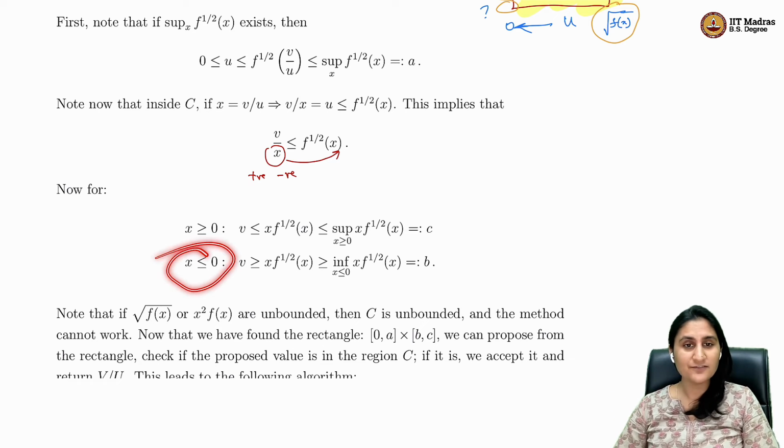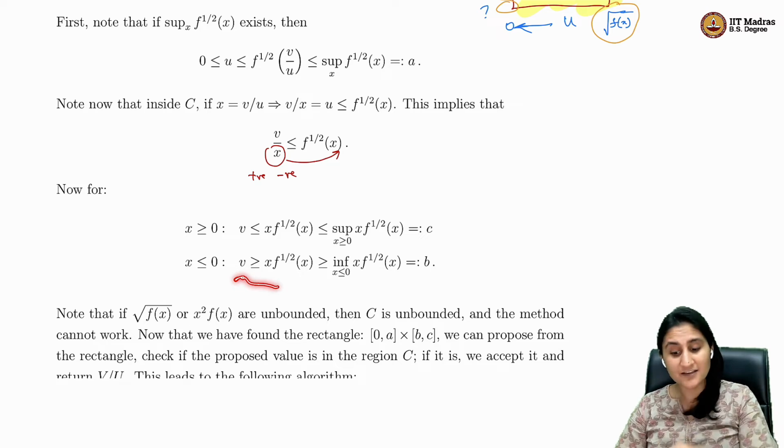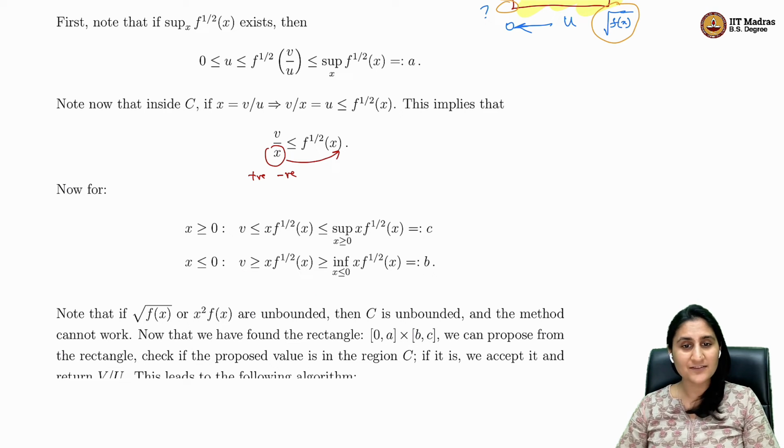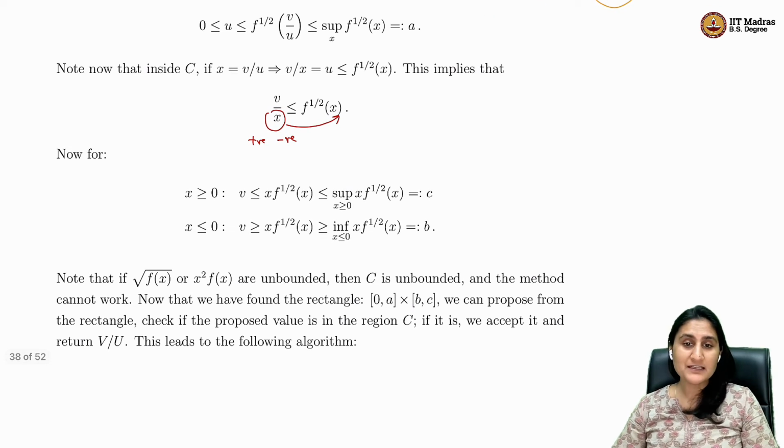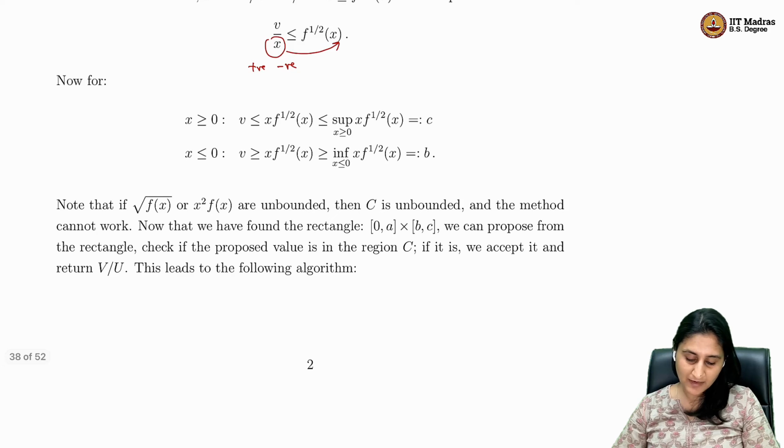If x is negative, then v is greater than or equal to x square root f of x, which I now know is greater than or equal to the infimum over all the negative values x can take of x square root f of x. Because this is a lower bound, this is naturally going to be my b. In this way I get my b's and my c's. So that gives me the form of what B and C will look like,